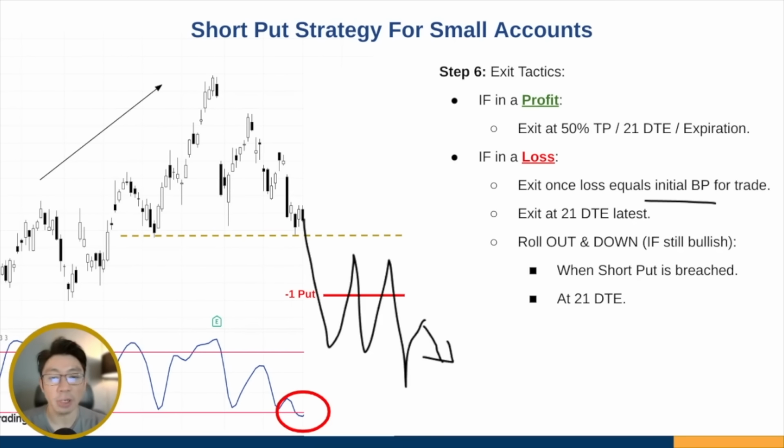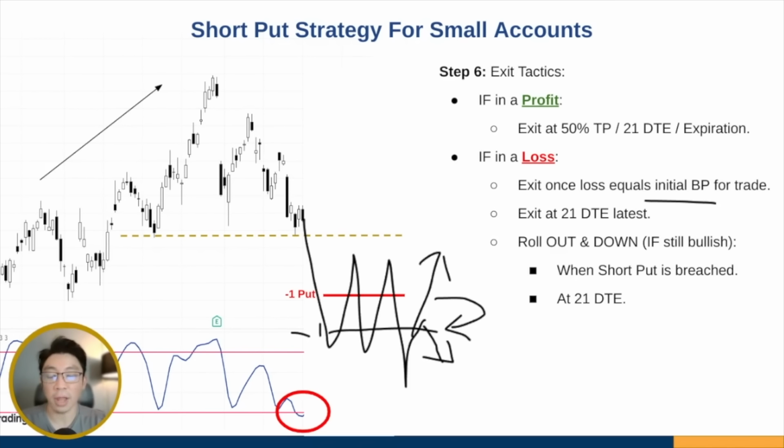So if at this point the market is really below the short put, then you can actually still roll it down for a credit, right? Roll out and down. But the problem is that you may not roll down as far, right? You may not be able to get a strike price that is much, much lower, and it could still be in the money. But on the other side, if the market at 21 DTE actually went up, then